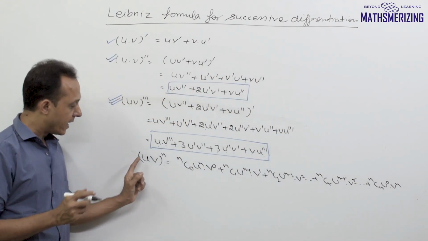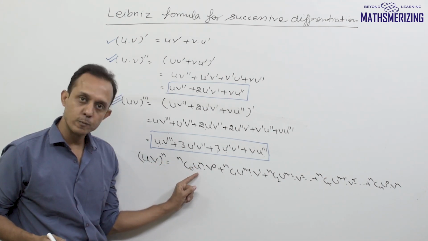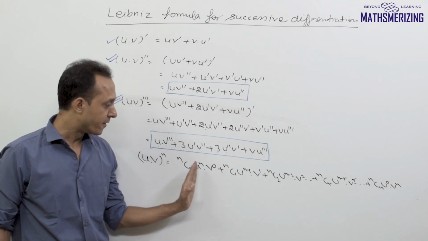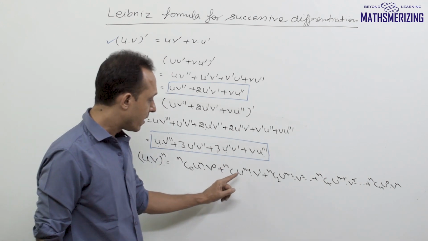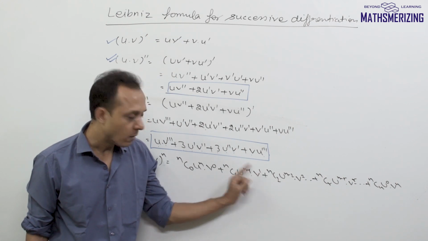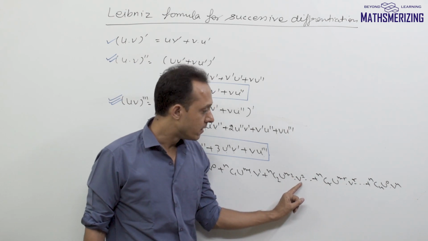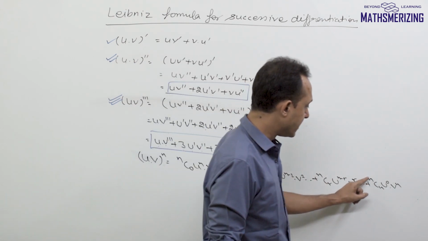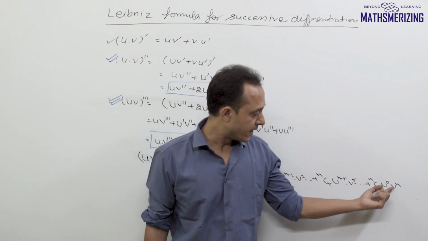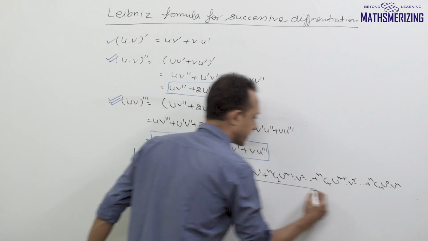So if we have to find the nth derivative of this product u into v, it is given as nC0, nth derivative of u, and 0th derivative of v. When I say 0th derivative of v, it simply means the function itself. So nC1, now I differentiate u n minus 1 times, and I differentiate v 1 time. nC2, differentiate u n minus 2 times and differentiate v twice. And then finally nCn, keep u the same, since u to the power 0 is the 0th derivative, which is u itself, and this is the nth derivative of v. So this is your formula for successive differentiation